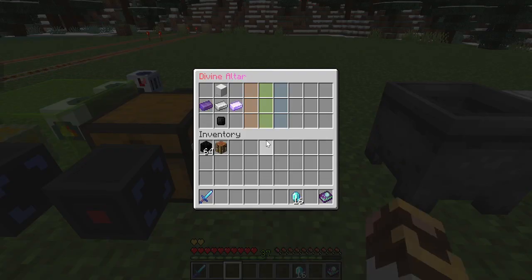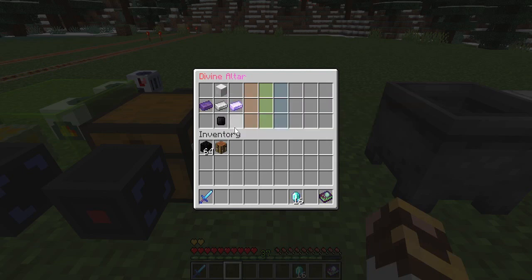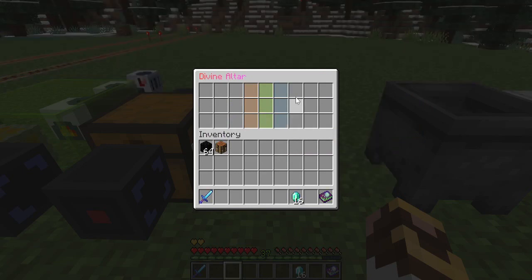So let's talk about the Divine Altar. The Divine Altar is where you put the transformation recipes. In this case, I believe we have the recipe for Damascus Steel. The far left here, these 9 slots are where you input your recipe. Click on Craft. And to the right,